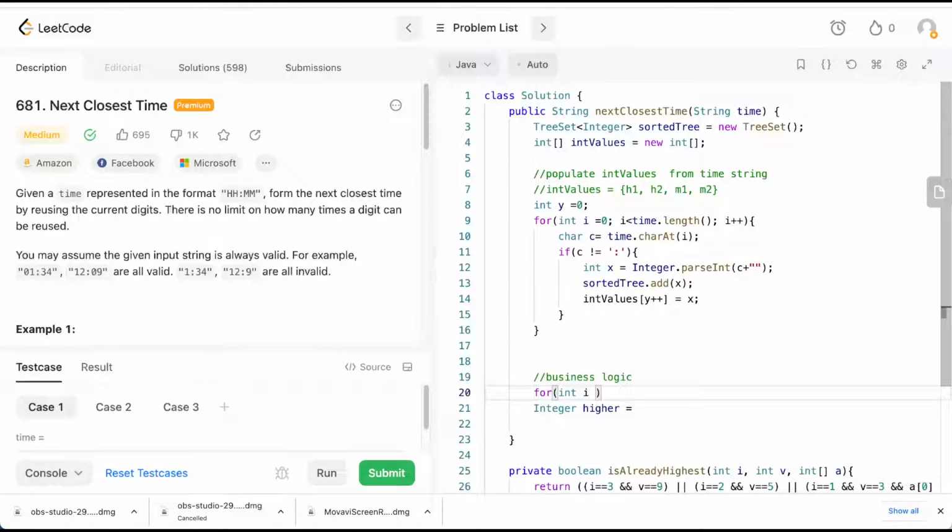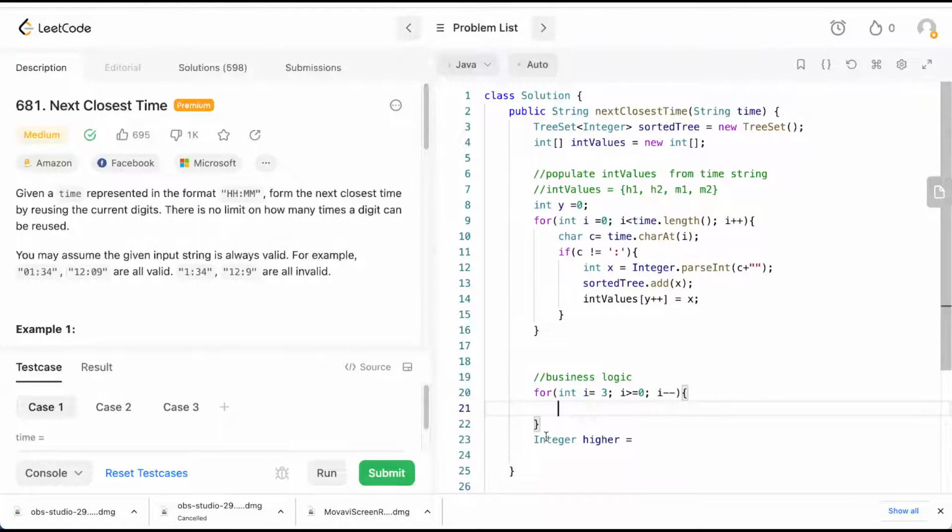So I will start from the rightmost element, while i is greater than or equal to 0, and i minus minus. Okay, and we are looking for a next higher value now. I ask sorted tree to provide me the next higher value, and I think this is the time to discuss